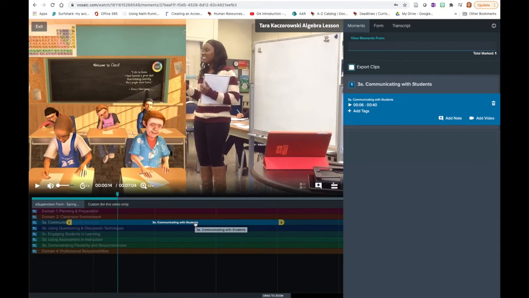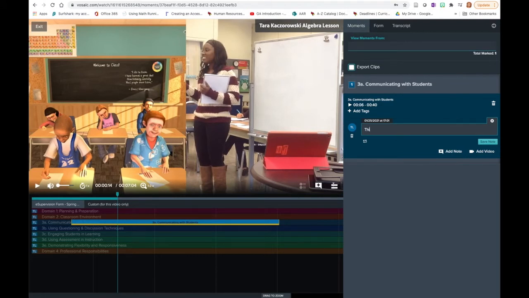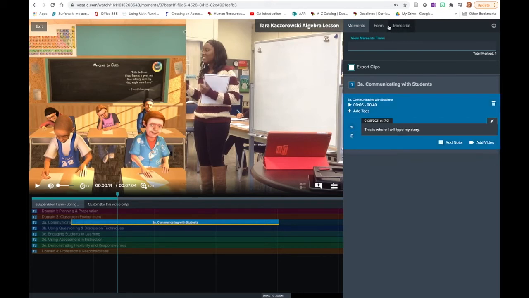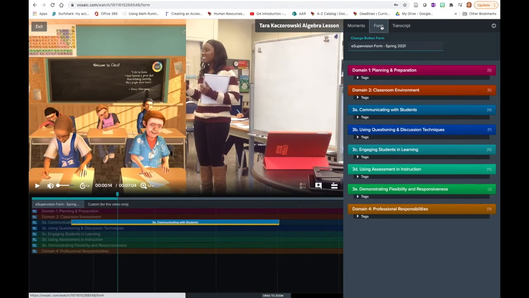Something else happened when I clicked the button on the form. It jumped me over from the Form tab to the Moments tab. So what that did was it put a moment here on this Moments tab, and now I can add a note to type my annotation. So this is where I will type my story. What do I want to share and reflect on that moment to share with my supervisor? Once you type that, click Save Note, and it will be there and saved for you and for your supervisor to see. To get back to the form, you simply click back on that top toggle button